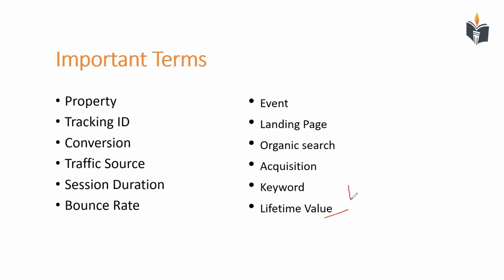So he buys something the first time, then he will come and buy something again for the second time. Then he will come and buy something for the third time, and these things start getting added. So what is your point here? That you have to increase the lifetime value. Suppose the first time he bought an order of $5, then next time if he is coming, you have to make sure he increases his spending and you have to give better customer satisfaction.